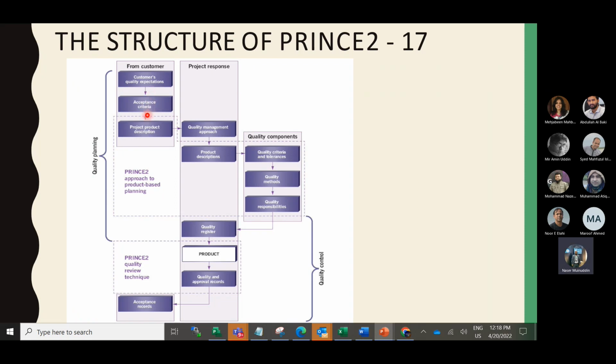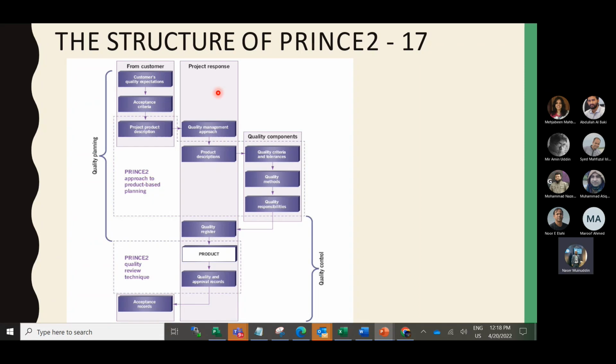They detail this in the project product description, where they mention each of the products. Like if you have to deliver 5 products in your project, each criterion is mentioned by the customer.